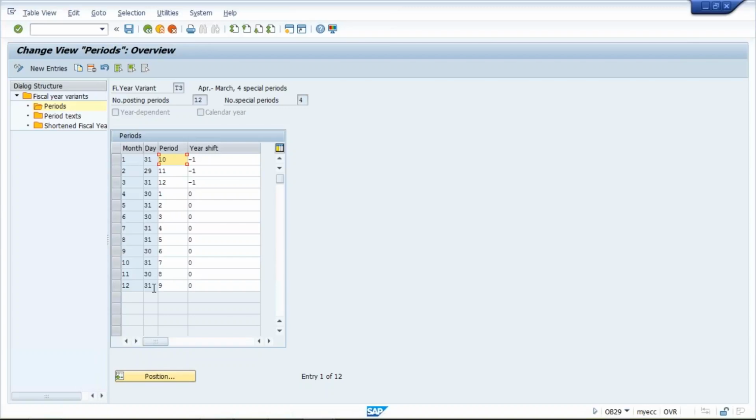Then what is this period? So I'll let you know, guys. Since we are following April to March, our first period is April. See here, in front of April we have given first. In the sense, the system will treat this fourth month as the first month for your organization. That is why here it has given one. April is the first month,